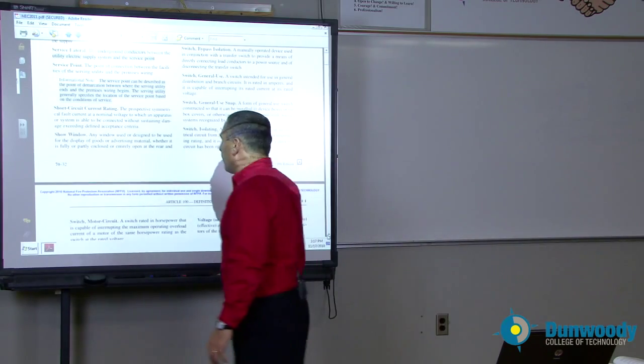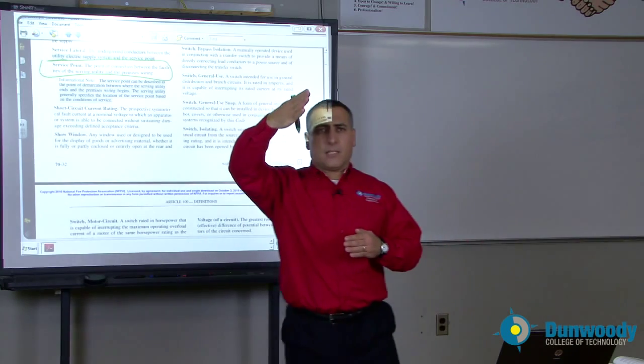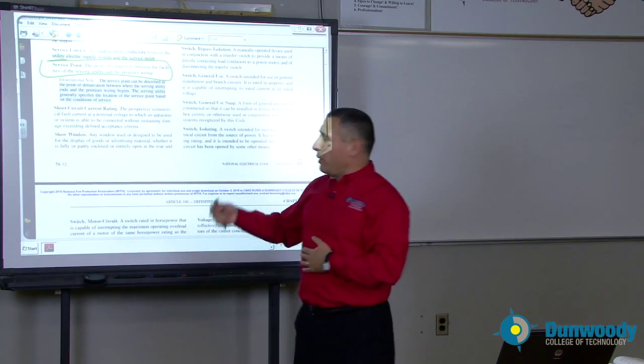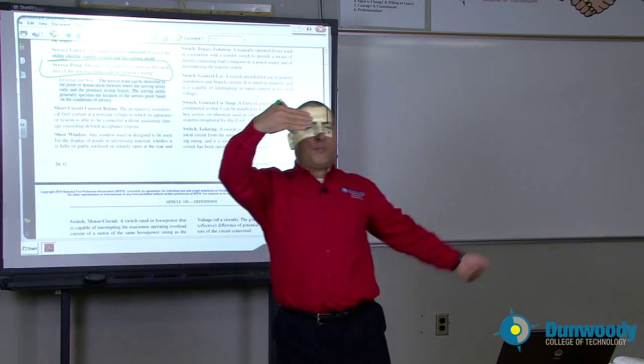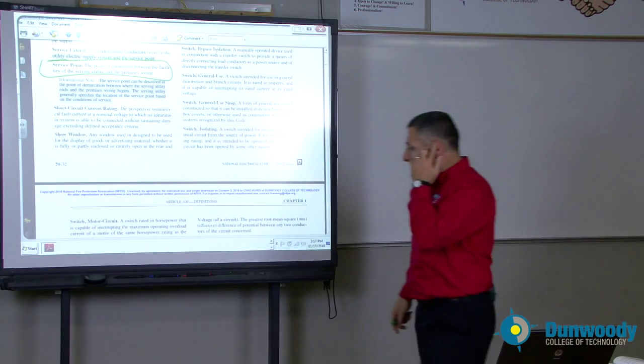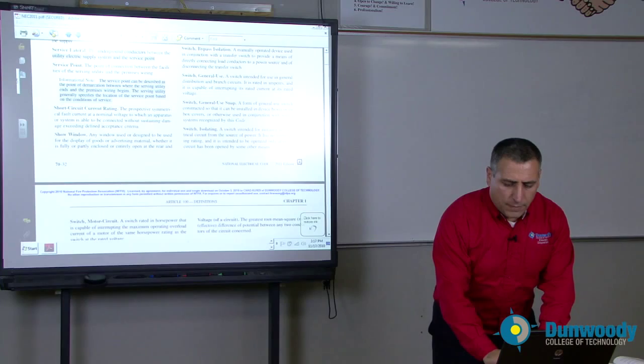I'm going to show the service point. Service point is very important, very unique. A lot of people miss it. This is established between you and the utilities. The utilities have to say, this is the demarcation point between your building and my cables. It's the demarcation point where the utility brings their cables and you bring your cables and you tie them together to bring power to the system. Very important, because that will decide what's your territory versus the jurisdiction and territory of the electrical companies. So that will be very helpful.